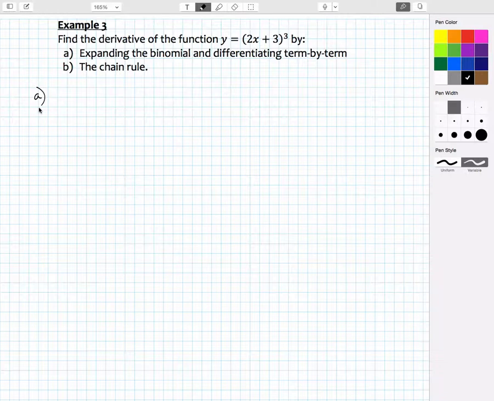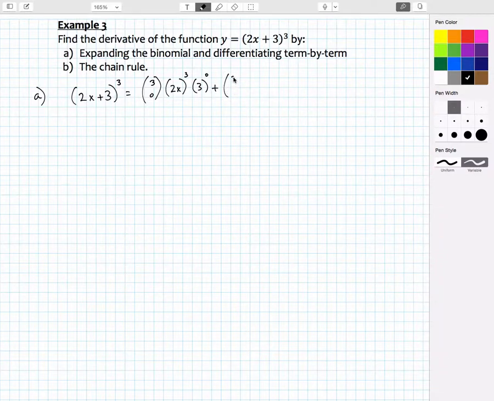So part A here, we've got this function y equals (2x plus 3) cubed. And so we want to expand that. So we need to expand (2x plus 3) cubed. Now, if you remember from the binomial expansion, this is equal to the combination of three things taken 0 at a time times the first term raised to the third power times the second term raised to the 0th power,